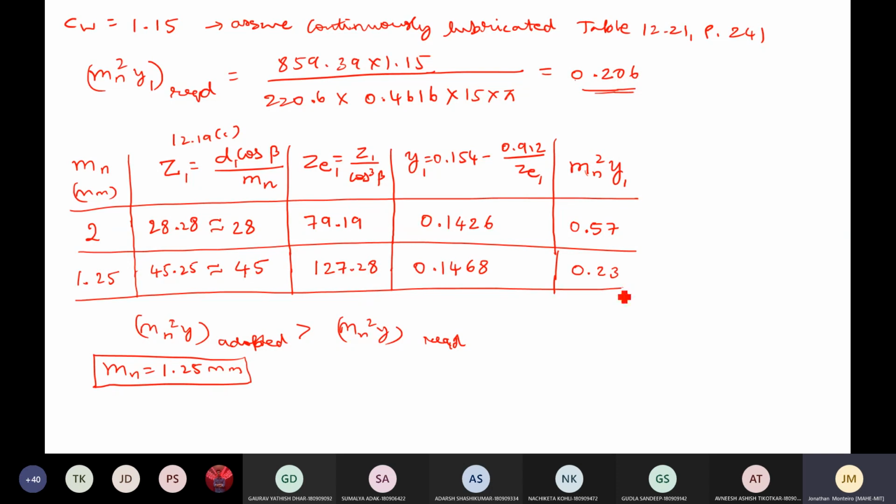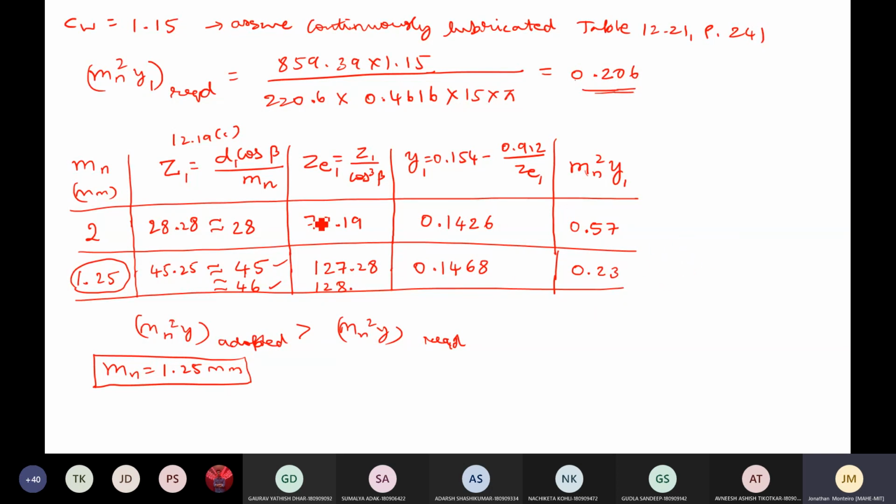And there's one more point here. Suppose you might think, why 45? Why not take 46? 46 also is agreeable. Both are agreeable, 45 or 46. If you take 46, the virtual number might go to around 128 point something, slightly above. Here it may go to 147 or something, so around 0.24 you may get. I don't have the values with me here, but you can take it. So note here that it can be taken.